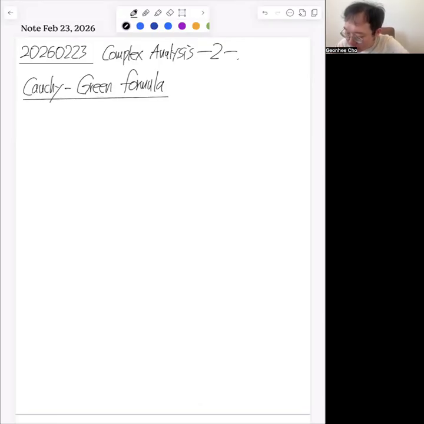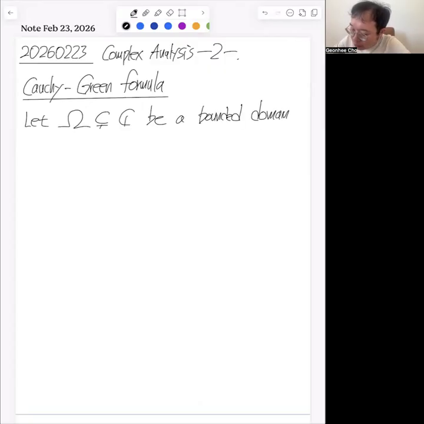So the statement is the following. We have Omega inside of C, which is a bounded domain. Domain means a connected open subset. And let us just assume for simplicity the boundary is also smooth, meaning that if you parameterize this boundary, the corresponding curve of the boundary is a smooth function, meaning infinitely differentiable. And suppose the function